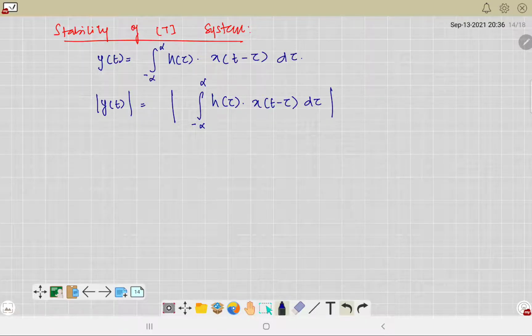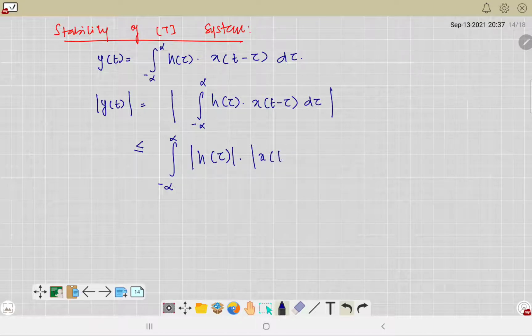Then we have that mathematical inequality: the magnitude of the product is less than or equal to the product of the individual magnitudes. So it will be something like this, less than or equal to the integral from minus infinity to plus infinity of the individual magnitudes. It's basically a theorem in mathematics that if you have the magnitude of a dot b, it is always less than or equal to the product of their individual magnitudes. Fine. Anyways,